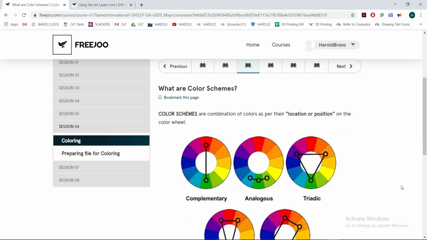color schemes. Color schemes are color combinations, but they are not by mixture. As you can remember, in primary colors, you mix colors together, you bring out the secondary, and secondary mixed with the primary, you bring out intermediate. Here, schemes are color combinations according to the position in the color wheel. So, for example, the complementaries. Complementary colors are opposite to each other. So this means you pick any color and then look for its opposite in the color wheel, and then that's a good combination, right? So that is one example of